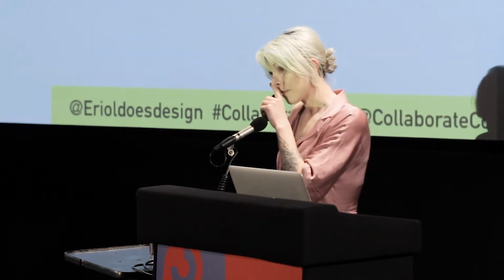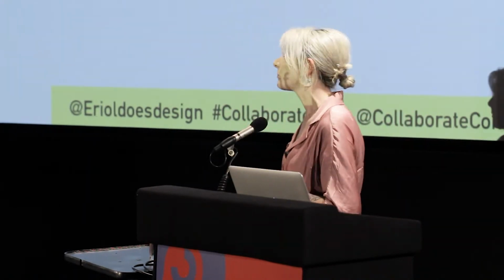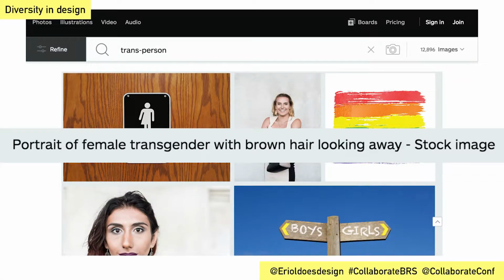So before this, I hadn't done this search before. I went to a popular stock photography site, and I typed in the words "trans person", and I was slightly terrified to click the search button. And I was actually pleasantly surprised with what results came up. On the screen here, we've got a couple of humans, people wearing dresses, people with long hair. We've also got some kind of toilet sign that is half a typical skirted person and non-skirted person, although I've heard that that's actually supposed to be a cape.